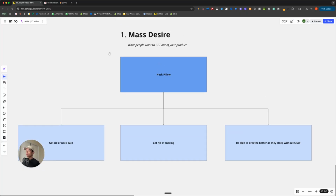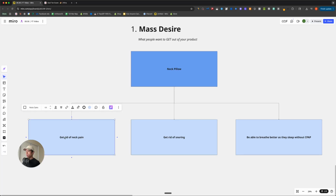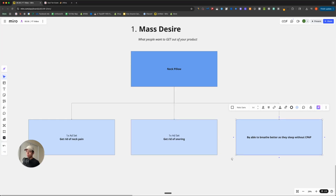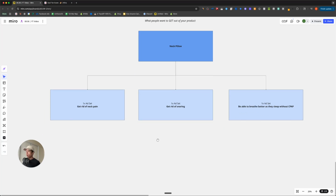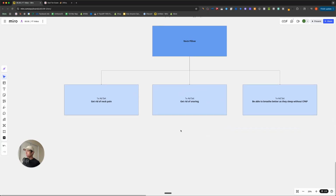If this were an actual Facebook ad campaign, you would see this desire as one ad set. This would be one ad set, and this would also be its own ad set. That is your first goal, to test and figure out what do people want to get out of your product. Once you figure out what people want to get out of your product,